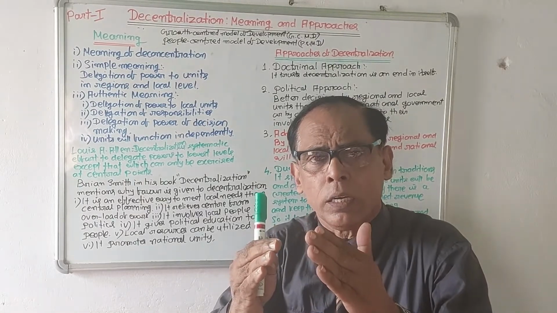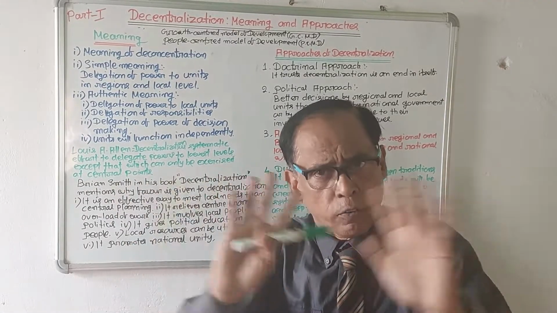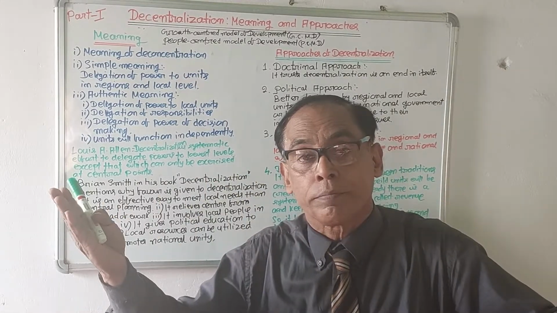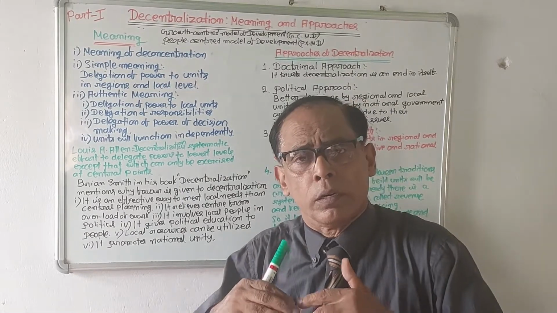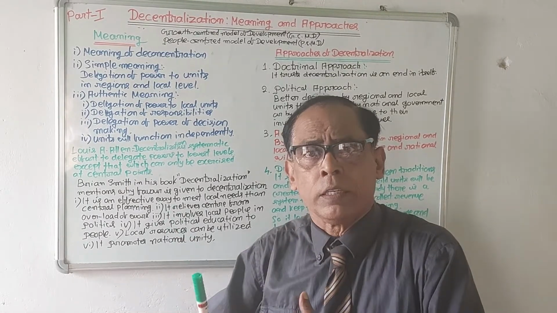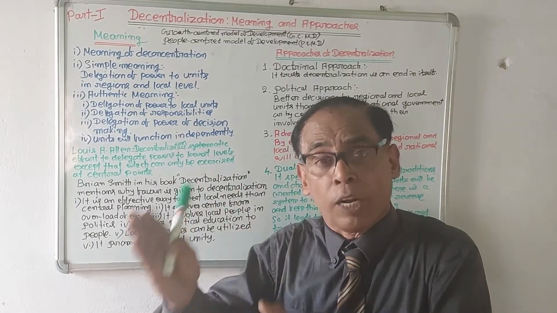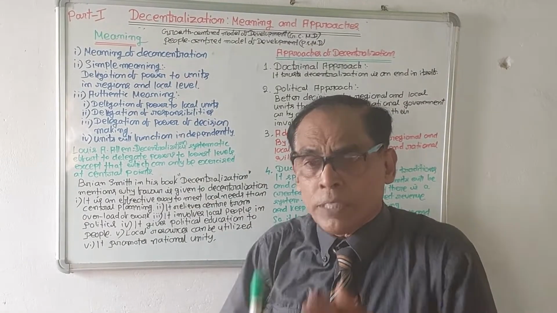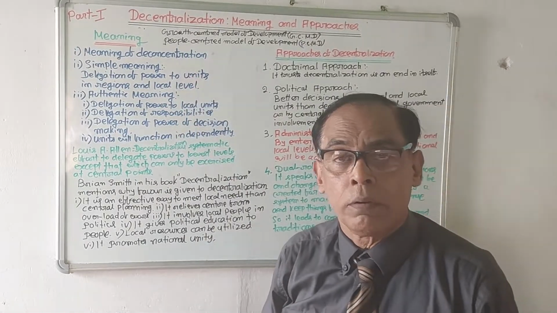In this model, the central government will prepare the plan for the country. People will not be involved. People will be mere beneficiaries. This method was very popular after the Second World War, when new nations of Africa, Latin America, Asia came to the scene. To accelerate the pace of development, those nations adopted the growth-centered model of development. But the second model is the people-centered model of development, where people